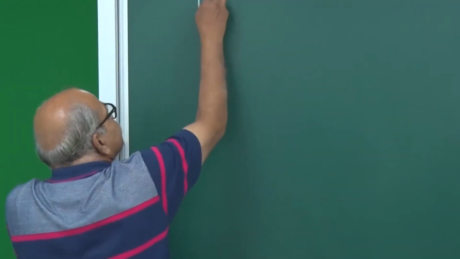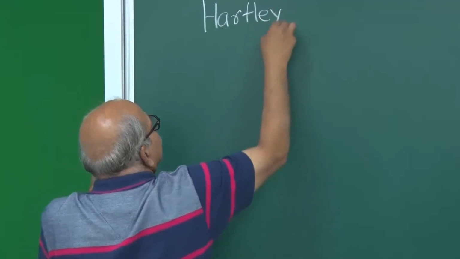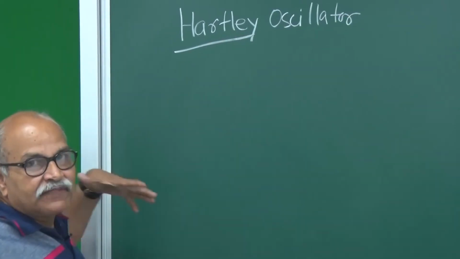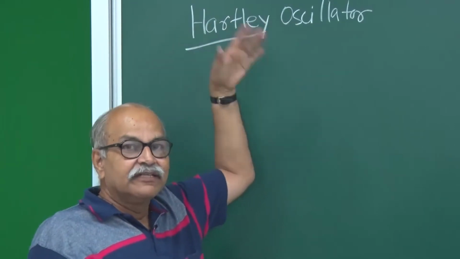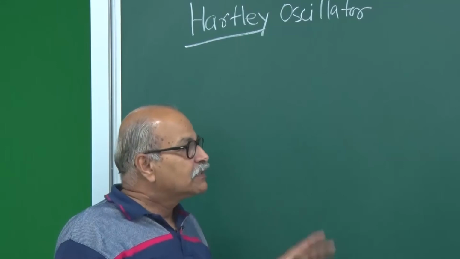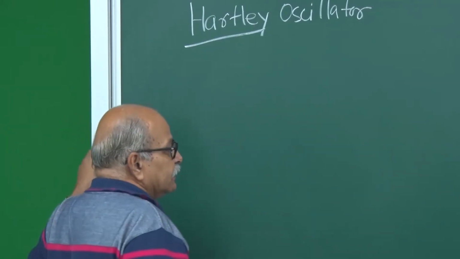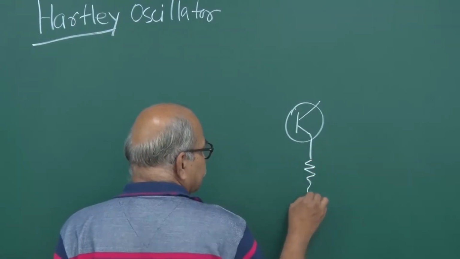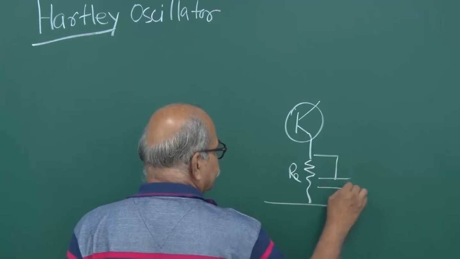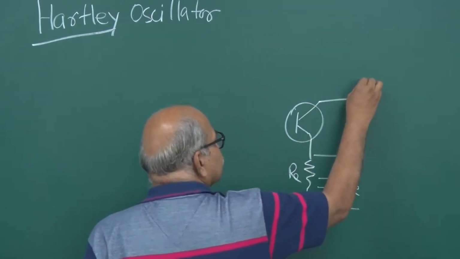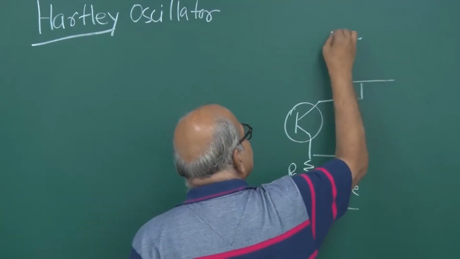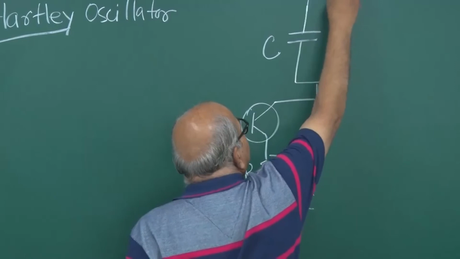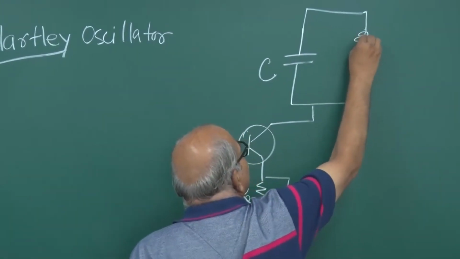So, Hartley. This is the name of the American engineer who designed it way back in 1915, but it is still useful. In this you have that amplifying circuit, and in the collector part you put that tuned circuit where you have this capacitance, and then on the inductor side you generally have two inductors,